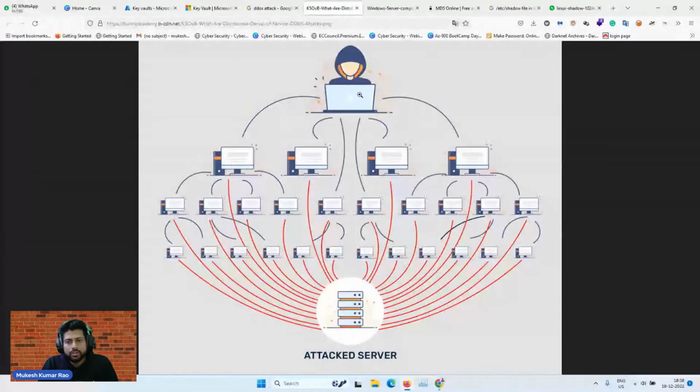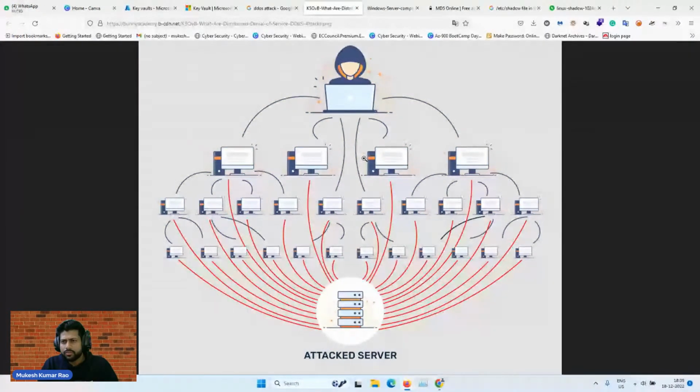Let's suppose you are sending a request to a website, and a specific time is required to reply. But what actually happens? You are continuously sending messages, and the system gets confused about which request to reply to and which to leave, because in a few seconds lakhs of requests are coming to your network. It gets overloaded, and due to that the server hangs, shuts down suddenly, and does not work properly. That is what we call a DDoS attack.